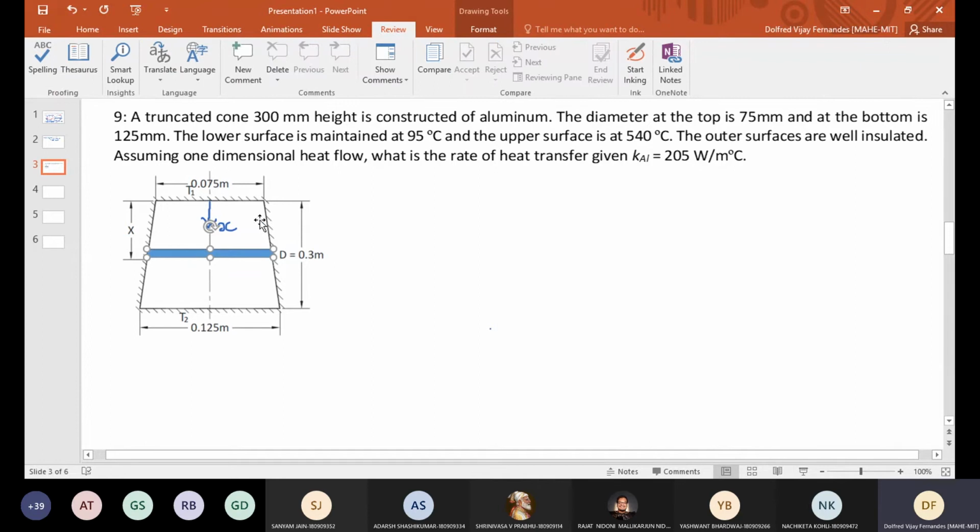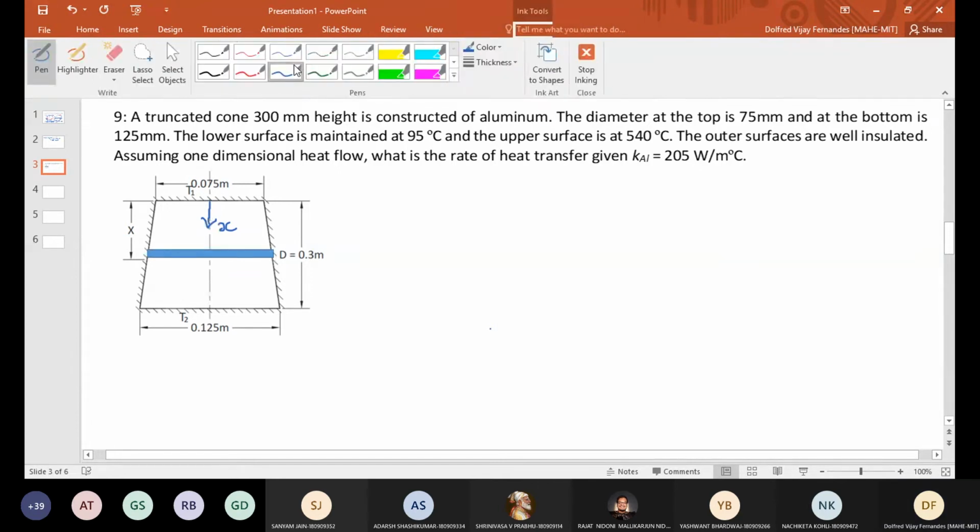Okay, thickness delta x. Okay, so what we have to do now is to write the